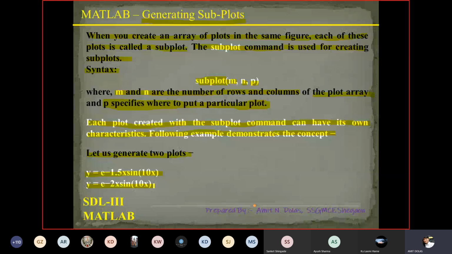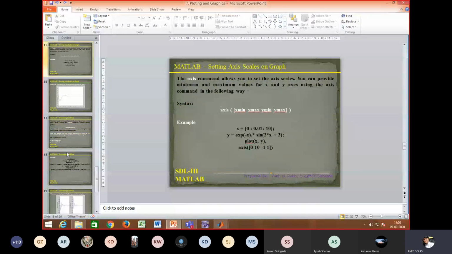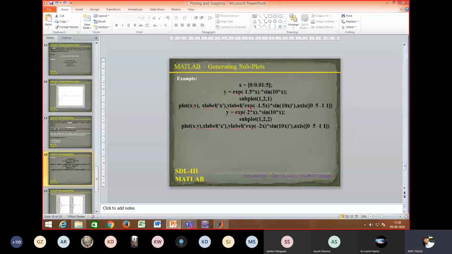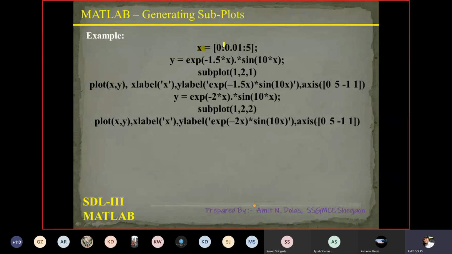We have written it twice, since we need to plot two subplots. So this is an example. X is defined for the range 0 to 5 with an increment of 0.01. Y is a function which is given to us.